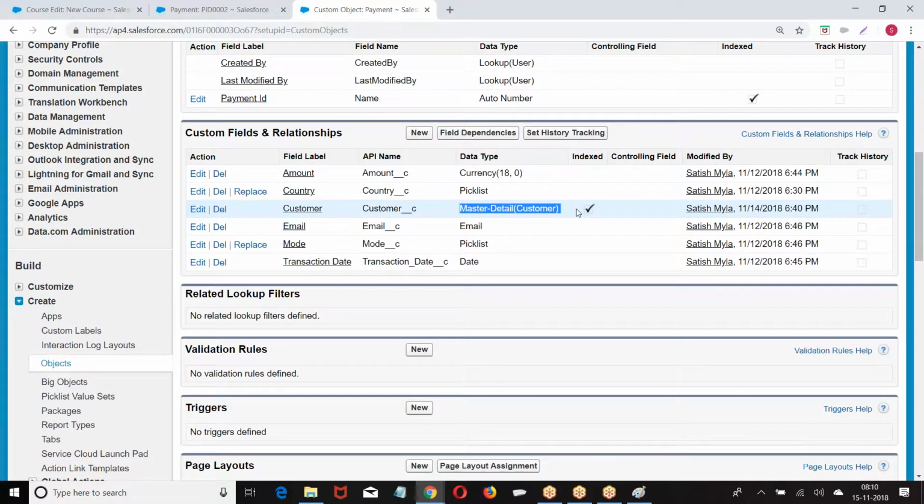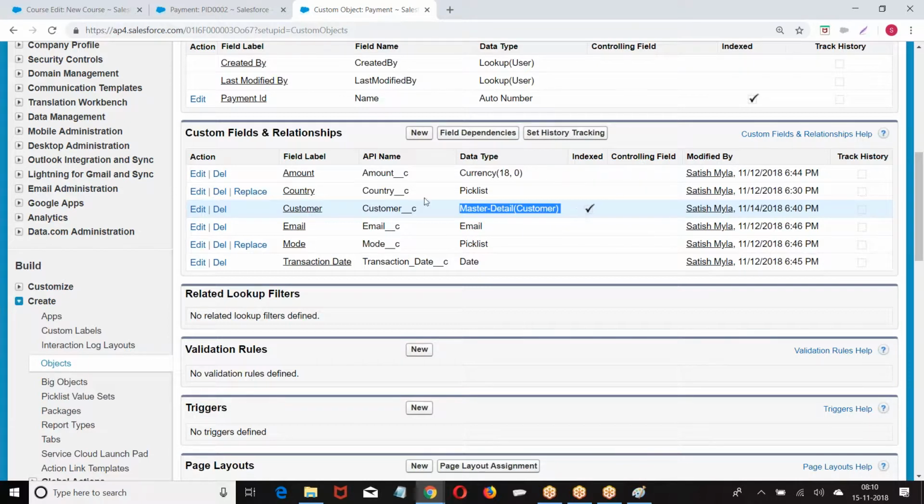If you have 1 lakh records, then I cannot do it like this. So we'll be using ETL tools, maybe Data Loader or MuleSoft or JetRabbit, to update the data. Because there are only 2 records, manually I went to every record and assigned the value in the lookup field. So create a lookup field and assign some parent record ID for every lookup field. Then change the data type from lookup to master detail. Are you getting my point?